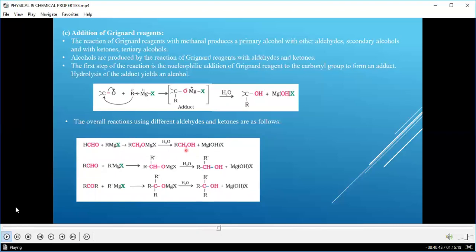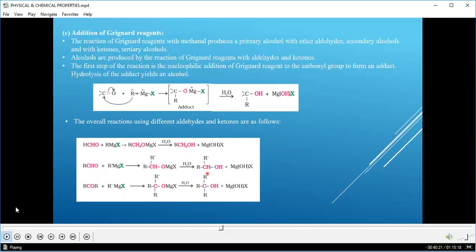So these basic things are important for the conversion reactions when you have to answer the conversion questions, that is, to obtain ethanol from formaldehyde or to obtain propanol from formaldehyde. So that means you are going to use these Grignard reagent reactions to obtain the basic alcohols from aldehydes.